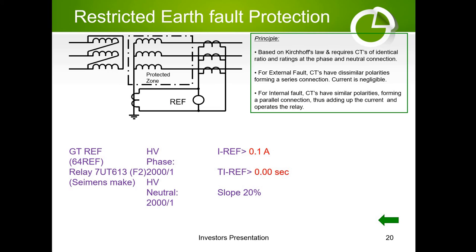Restricted earth fault protection principle: it protects one zone, meaning this is the limited zone it will protect. Based on Kirchhoff's law, it requires CTs of identical ratio and rating at the phase and neutral connection. For an external fault the CTs have dissimilar polarity, forming a series connection, and current is negligible. For an internal fault the CTs have similar polarity, forming a parallel connection, thus adding the current